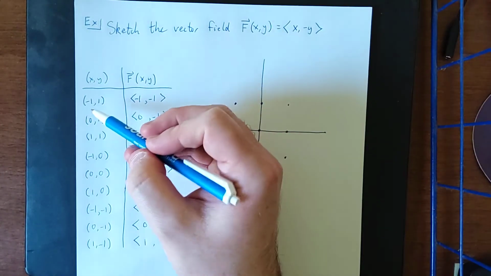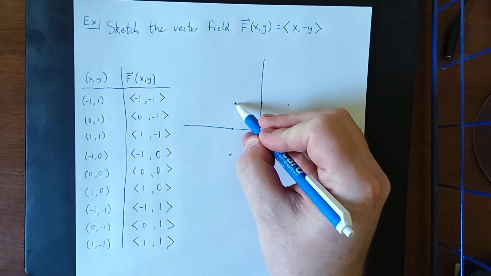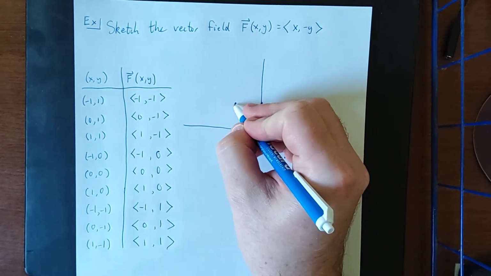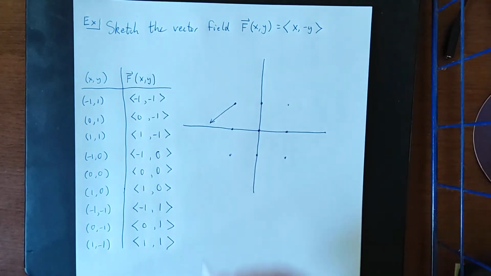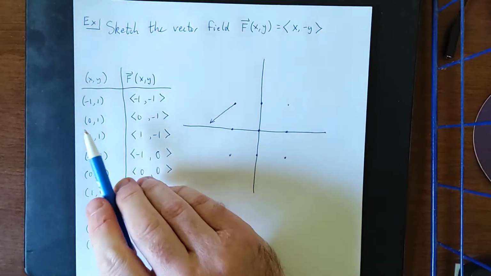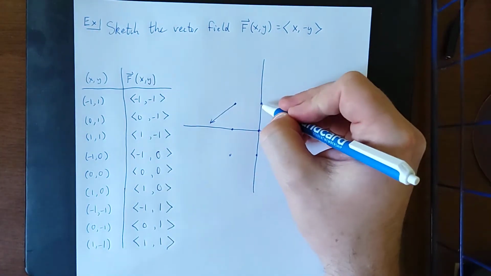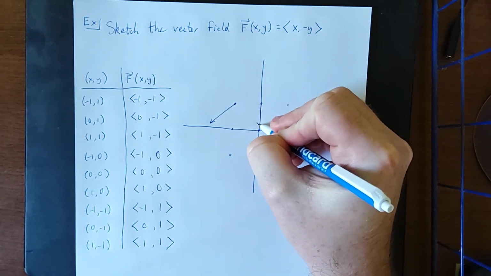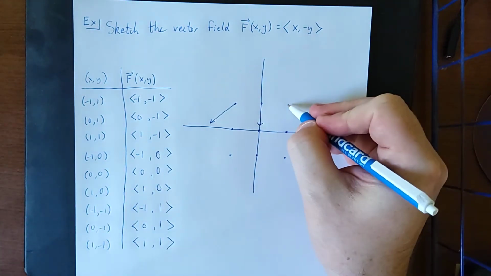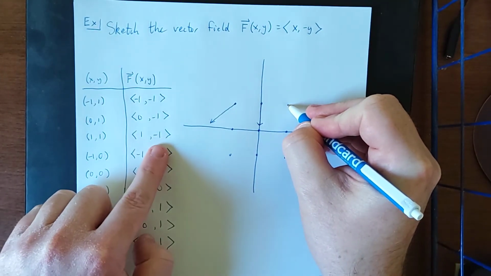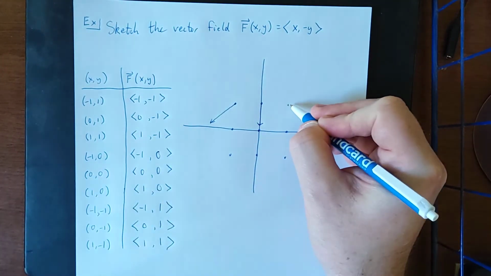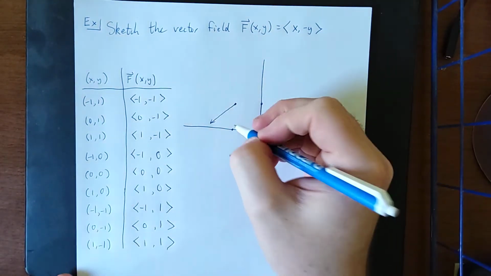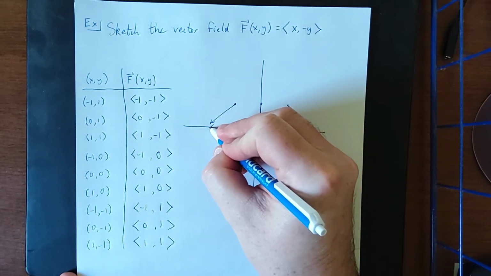So for example, at the ordered pair (-1, 1), upper left, the corresponding vector is going to be (-1, -1). That points in the negative x direction and the negative y direction. So approximately like this. At the ordered pair (0, 1), the corresponding vector is (0, -1). So that'll point in the downward direction. Then at the ordered pair (1, 1), the corresponding vector is (1, -1). That'll be +x, -y, which means to the right and down. If we repeat the process with all of these points and vectors